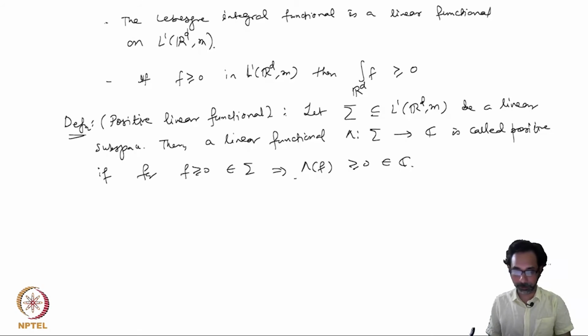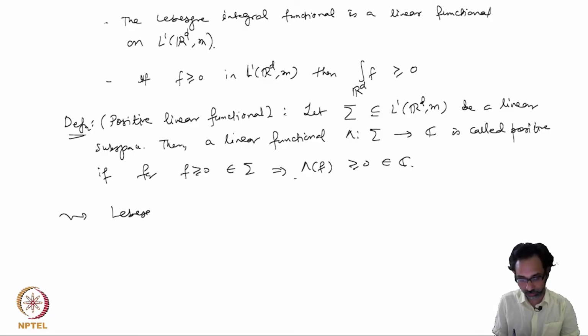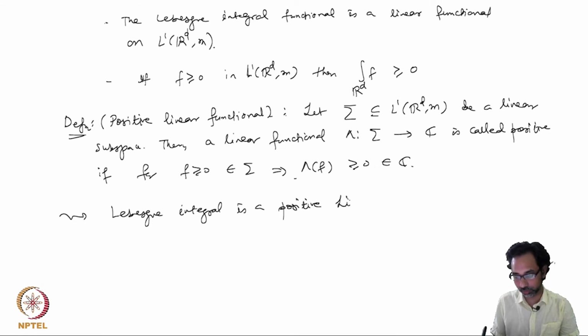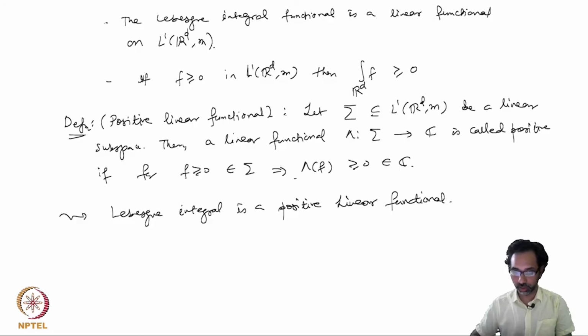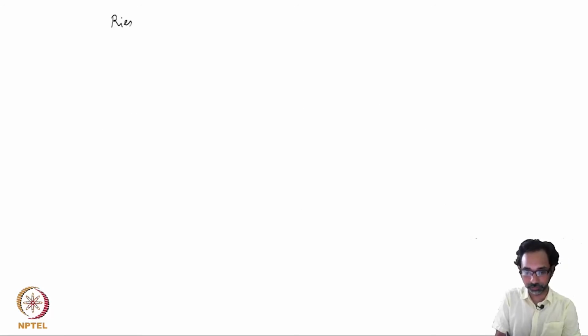So with this definition, we see that the Lebesgue integral is a positive linear functional. So we have obtained a positive linear functional from our measure, which was the Lebesgue measure on Rd. So the Riesz representation theorem